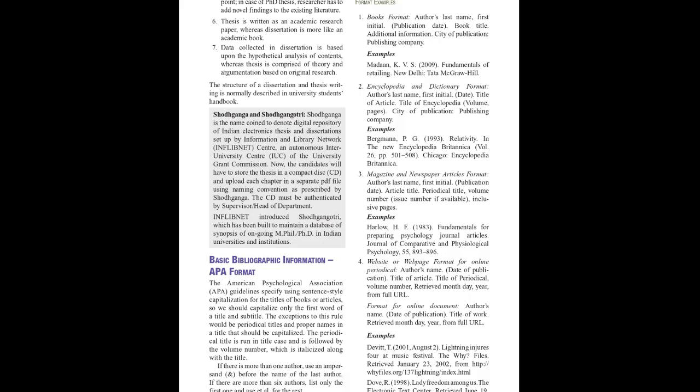893-896. 4. Website or web page format for online periodical: author's name, date of publication, title of article, title of periodical, volume number, retrieved month, day, year, from full URL. Format for online example: Debut, T. 2001, August 2nd. Lightning Injures 4 at Music Festival. The Y files, retrieved January 23, 2002,